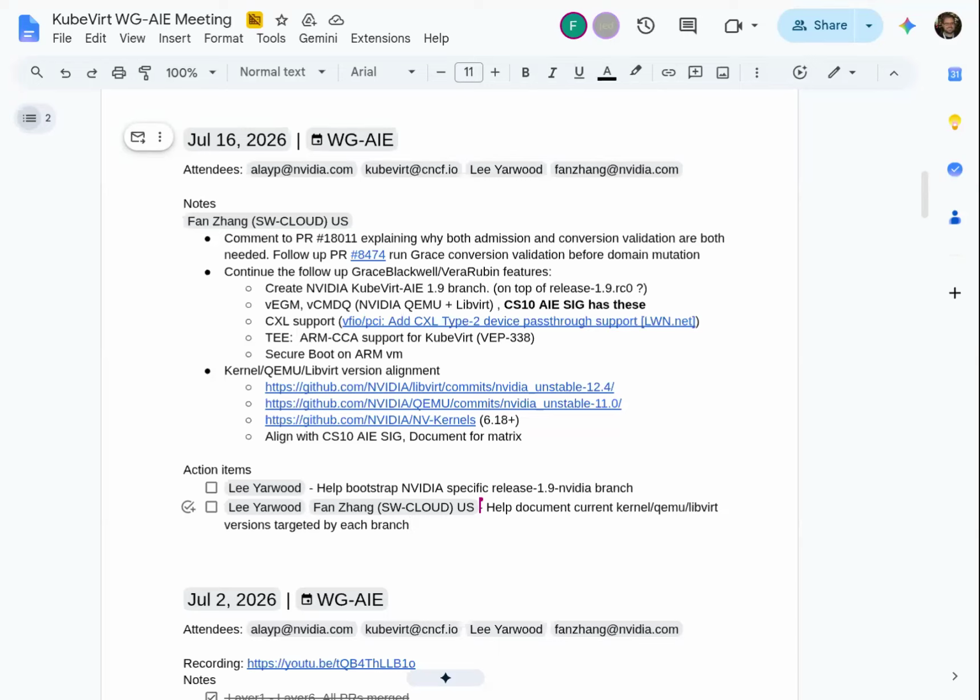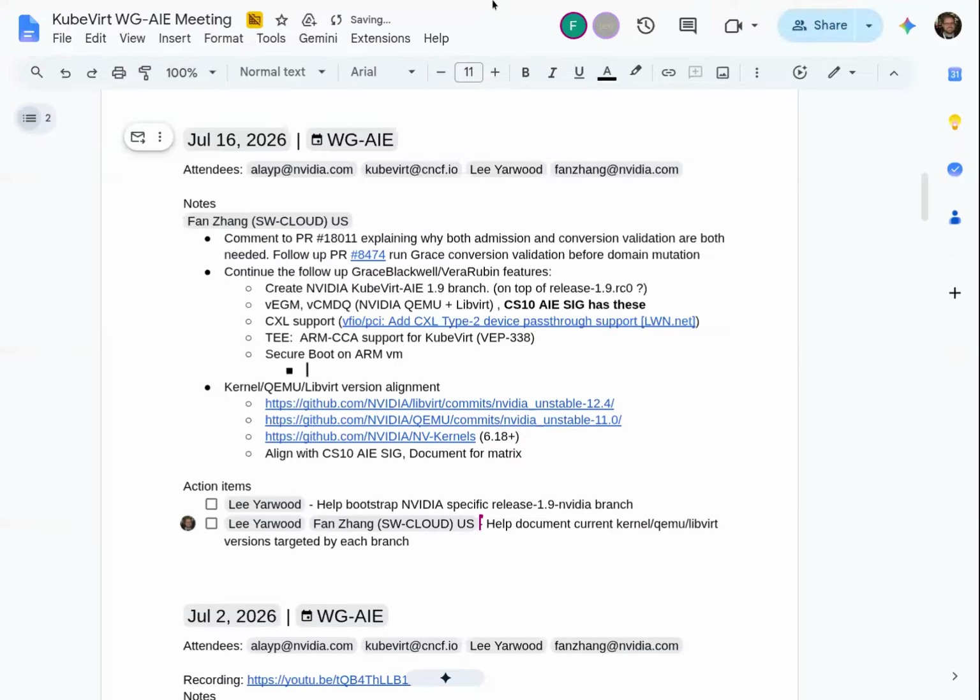Other things that we are going to do is we are planning and scoping the work for the CCA support, involving the TE, ARM CCA. So that's for the ARM CPU VM. We also have work for the secure or confidential GPU pass-through.